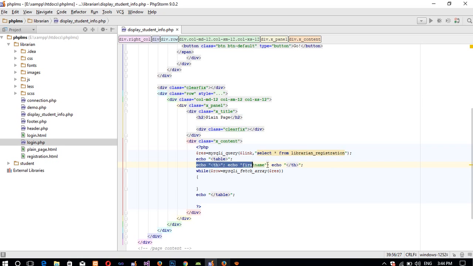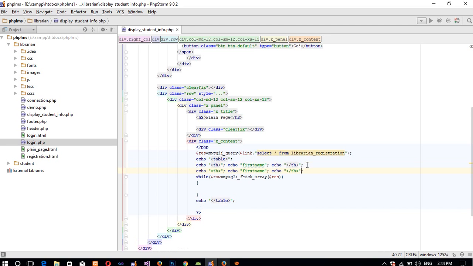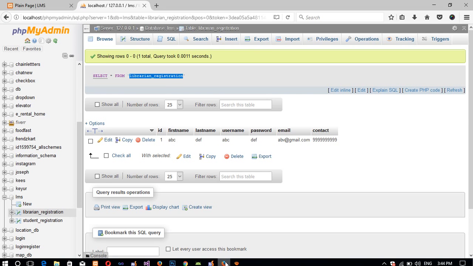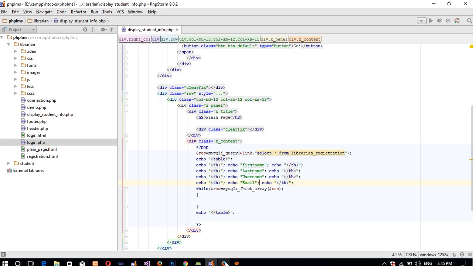First name, then we need to pass last name, then we need to pass, this is only a heading, so you can pass anything. It is not required that you pass here the same as whatever you have in your table. Now we need to pass email, and then we need to pass,